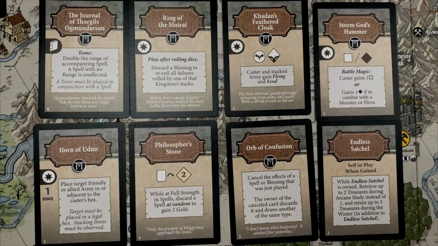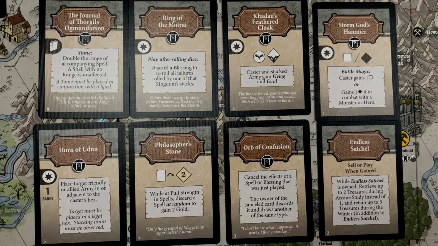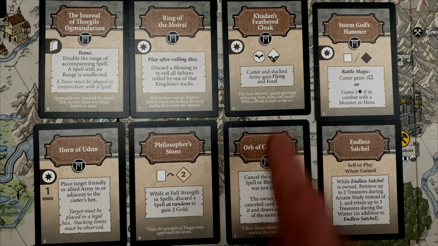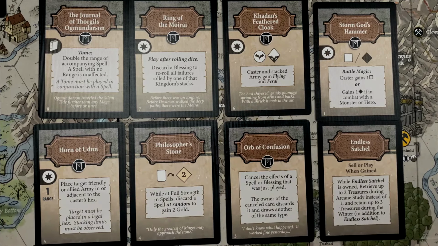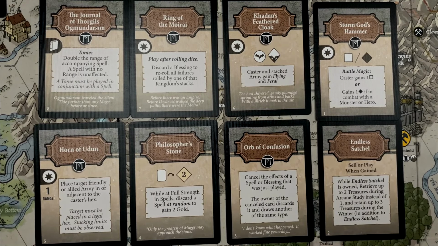Whoops, one thing I forgot to mention, in that 150, we also have the treasures, and here's 8 examples of these treasure cards. And again, there are a variety of ways to get these in the game, but Philosopher's Stone, Ring of the Morai, Kadan's Feathered Cloak, Caster and Stacked Army gain Flying and Feral. So really things I think are going to change the game in a lot of fun ways. I could see some of these treasures swinging a kingdom's fortune in a completely different way. If you get the right hero and the right army with the right treasure, that could really change the fortunes